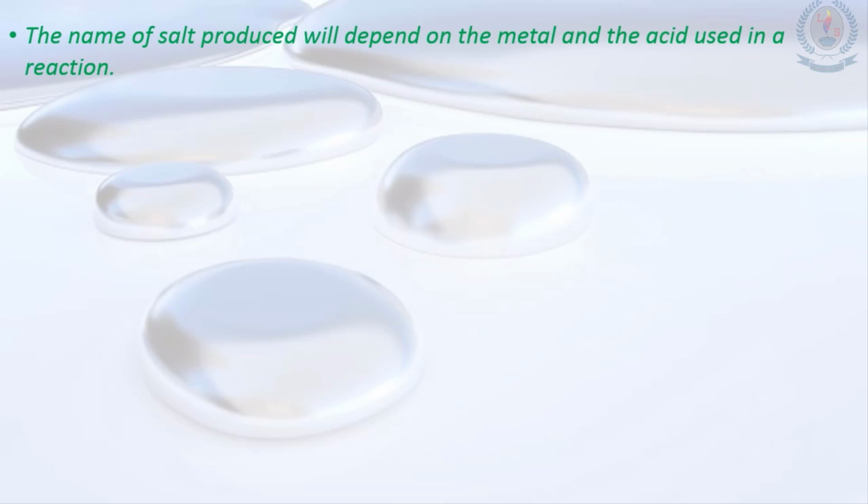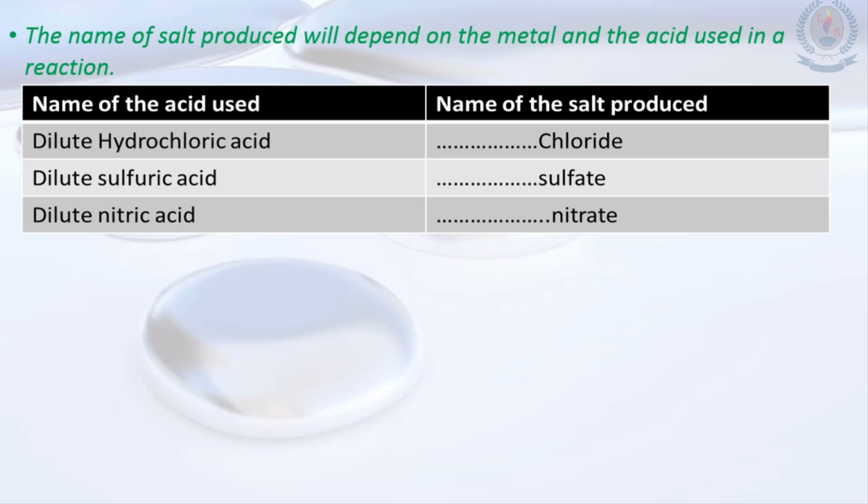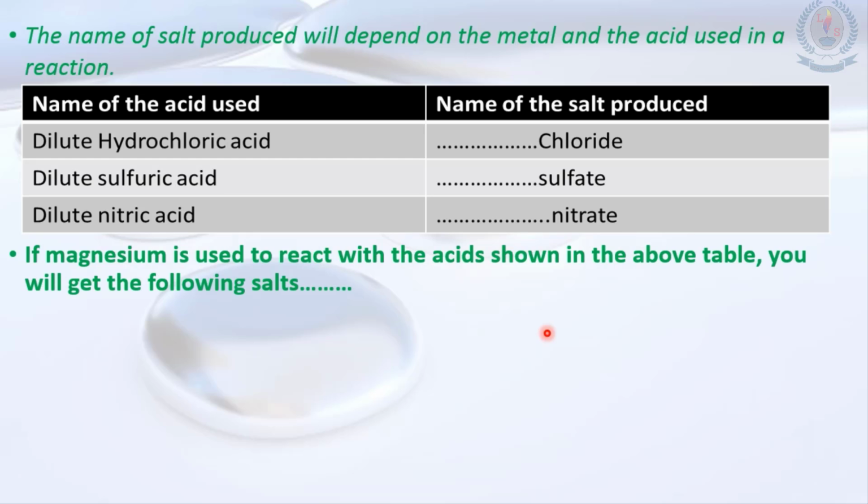The name of the salt produced will depend on the metal and the acid used in the reaction. As this table shows, if you use dilute hydrochloric acid, it will form a chloride salt. If you use dilute sulfuric acid, it will form a sulfate salt. Also, if you use dilute nitric acid, it will form a nitrate salt. And if magnesium is used to react with the acids shown in the table above, you will get